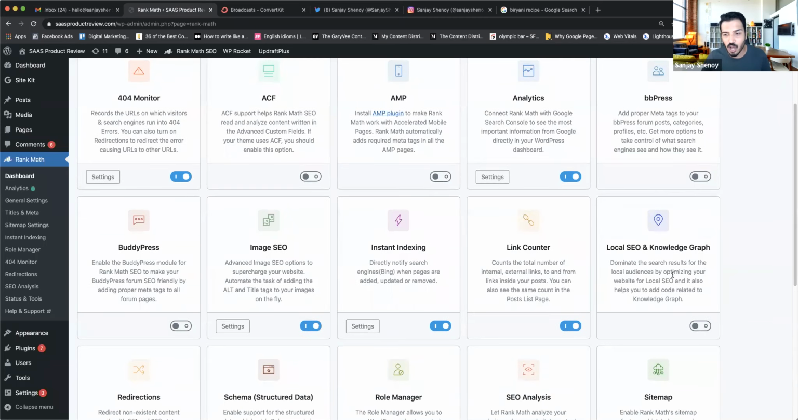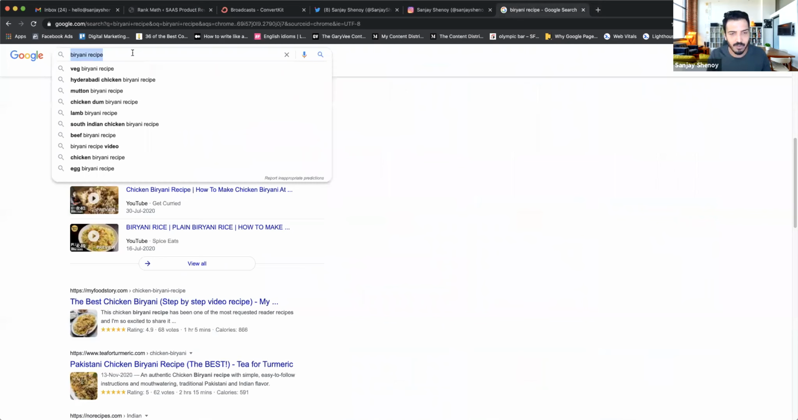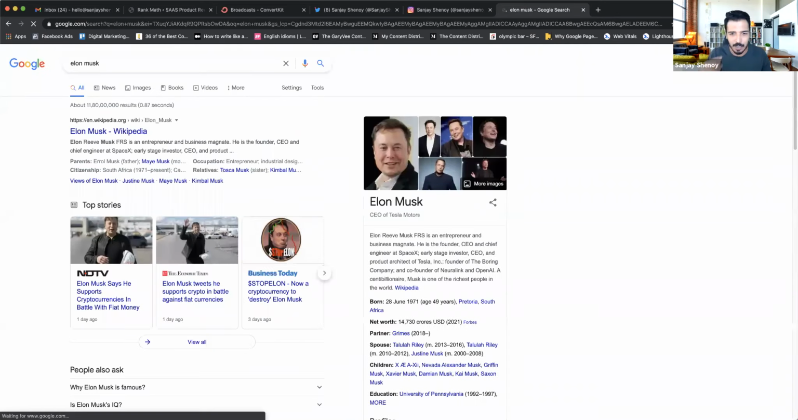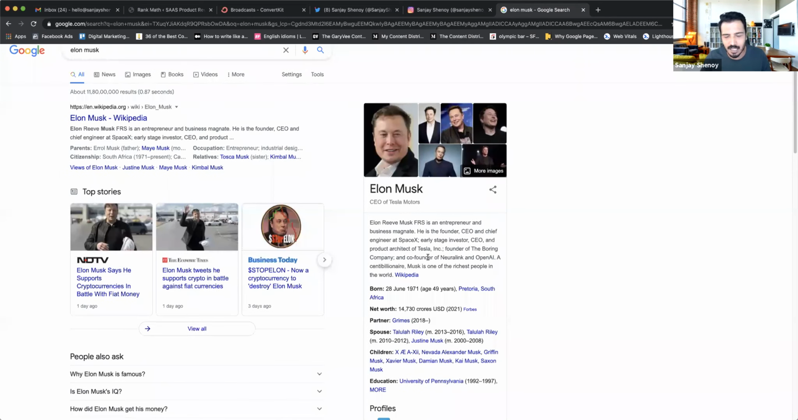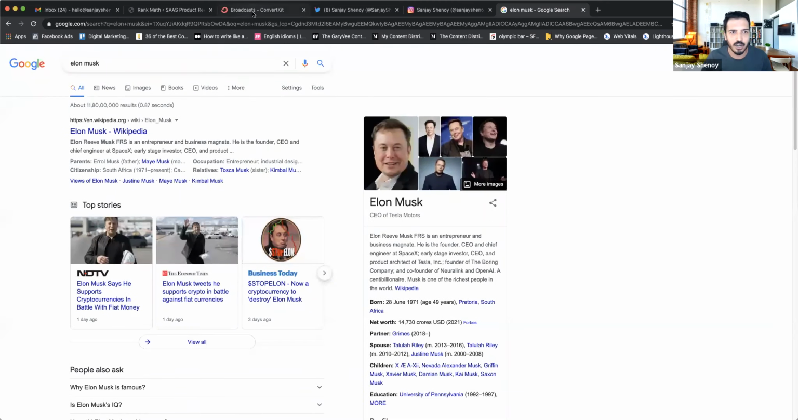So local SEO and knowledge graph: you can actually change and control how your knowledge graph looks. Knowledge graph is the knowledge panel that you get. Let me just quickly show it to you. Let's just go with Elon Musk. This is pretty much in the news. So this is what a knowledge graph looks like. So basically it's about the person, about the company, about a brand, about a product, things like that. So this is what a knowledge graph is all about. So if you want, you can control it